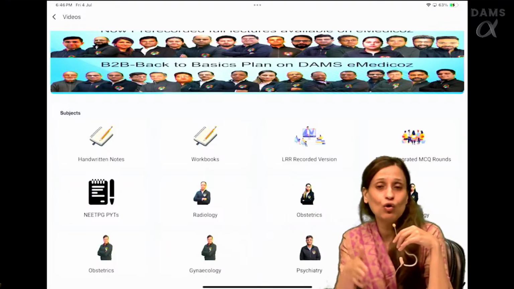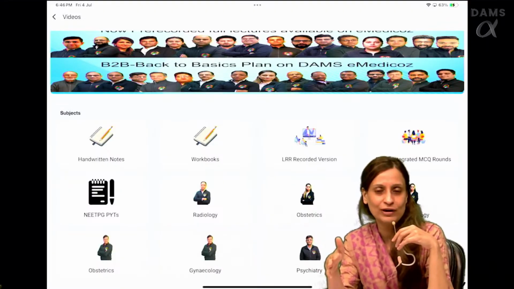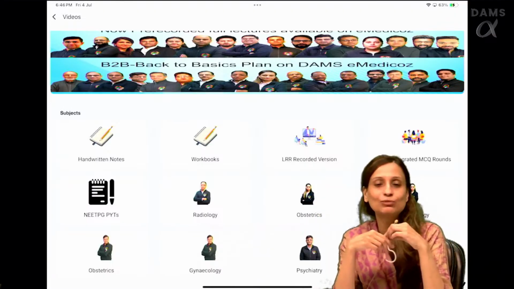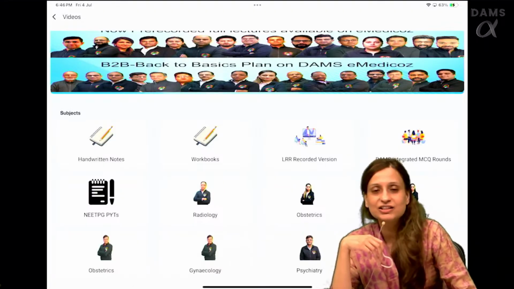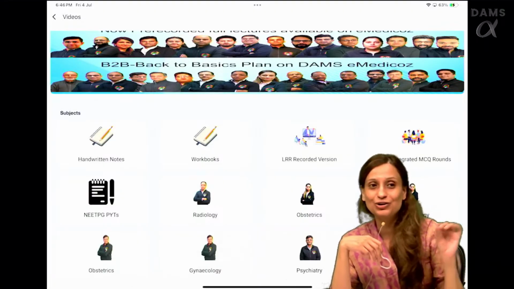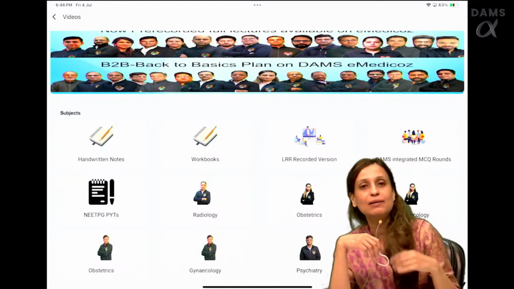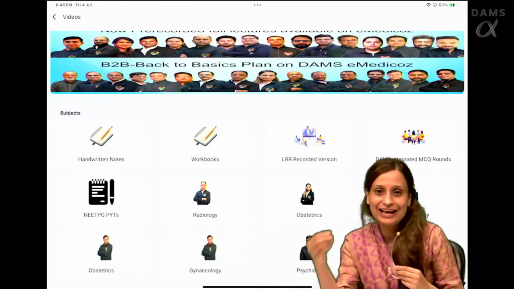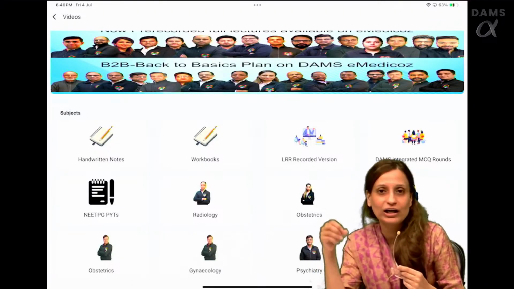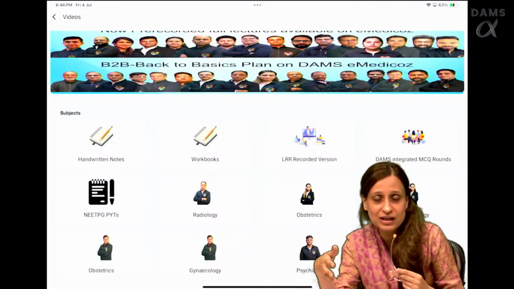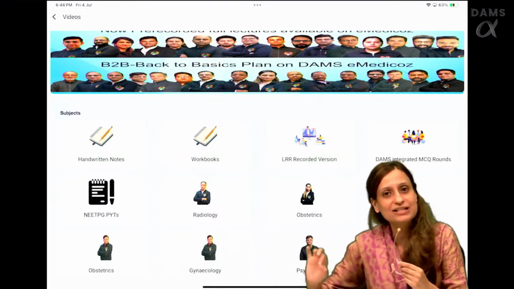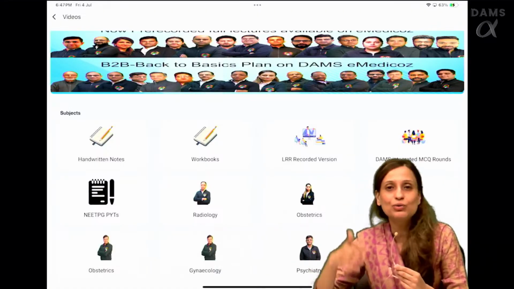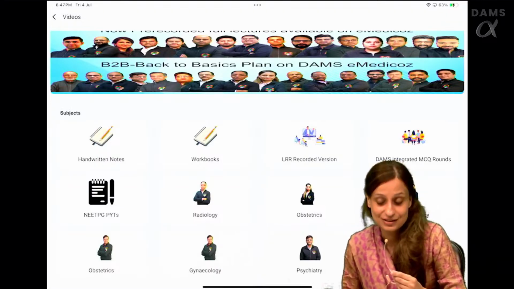Okay. You also get workbooks which are going to be there as a soft copy. Now, why are we giving you both? Because there are both types of students. There are certain students who want to fill in the blanks and put the things there by themselves. So they can definitely download the workbooks, save it in their phone or an iPad or whatever you're using for your lectures, and you can annotate side by side in the workbooks. If you don't want to write at all, then you can use the complete set of handwritten notes, right?